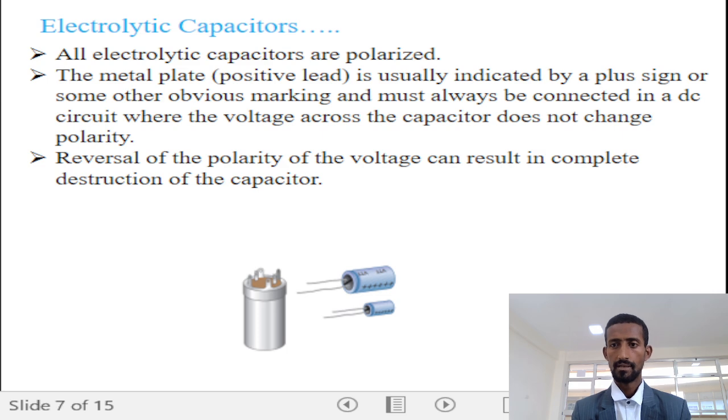All electrolyte capacitors are polarized. The positive metal plate is usually indicated by a plus sign or some other obvious marking and